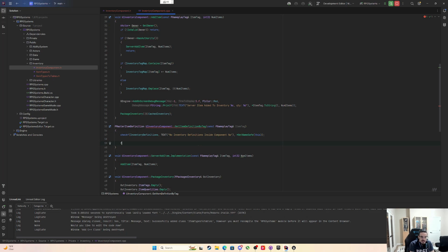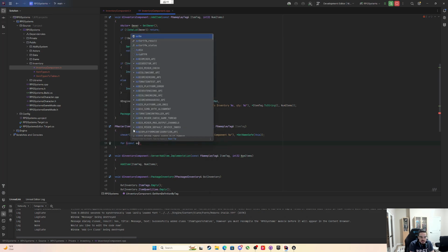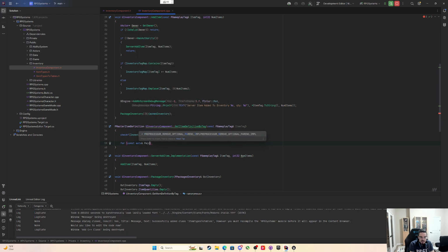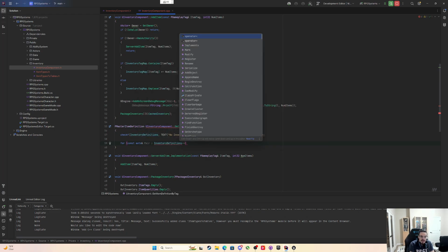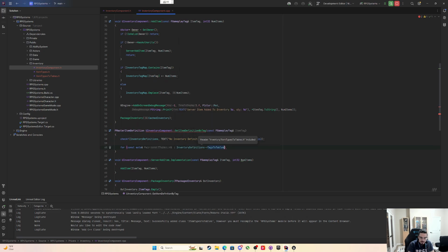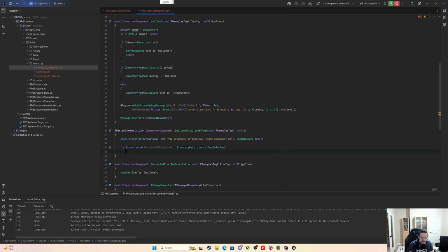And then we can loop, we can say for const auto reference pair, the inventory definitions has the tags to tables map, remember, tags to tables, and then this is another map, so I do const auto pair. So we just remember the pair.key was the gameplay tag, and the pair.value was the data table pointer. So now we can say for tags to tables, we're going to ask ourselves if